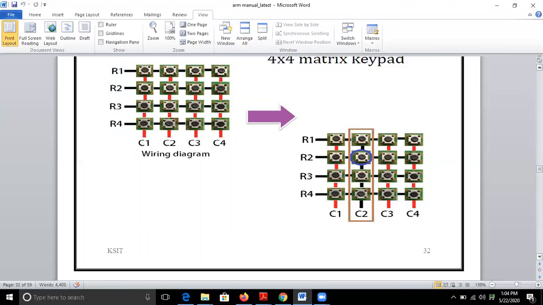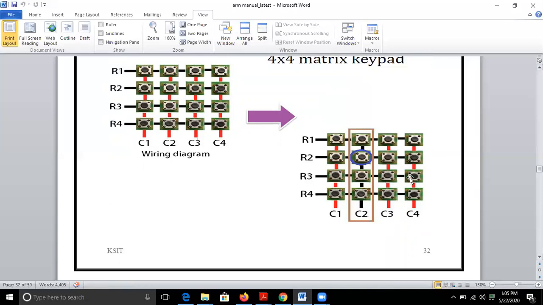Start reading the columns from C1 to C4. If any key is pressed, one of these columns will definitely have a logic 0 value, because when a certain key is pressed, one of the rows will get connected to that particular column. There will be a short circuit. That is why the column will give a value of logic 0.